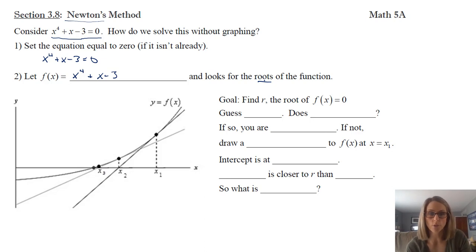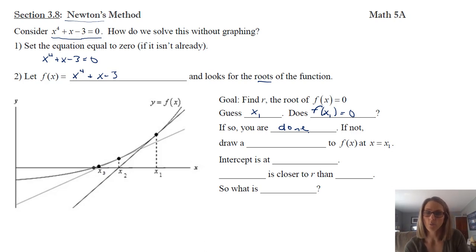So in order to do this, what we do is we take a guess on the root. So we guess what's called x1. And we say, I think that this is where the graph crosses the x-axis. So we check and we say, does in fact the y value equal 0? If it does, you're done. But of course, it's not typically that easy.